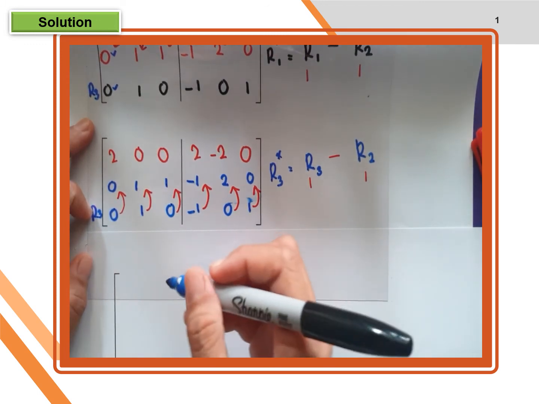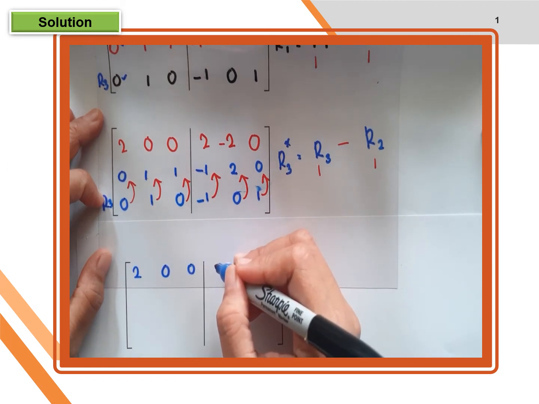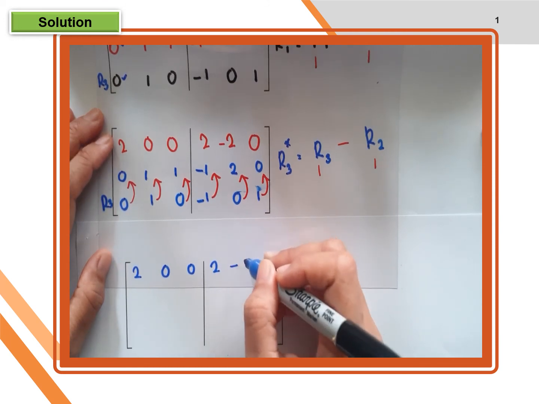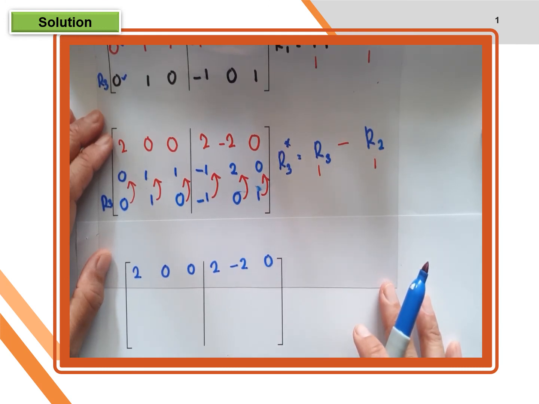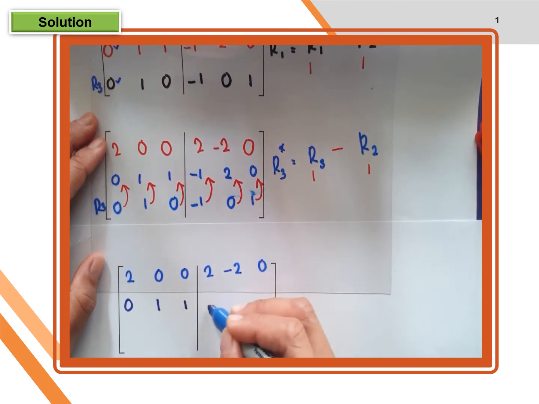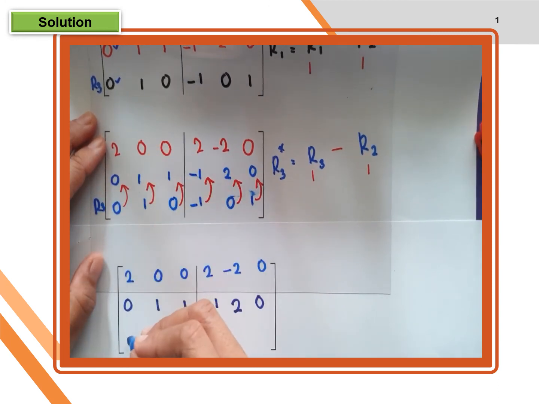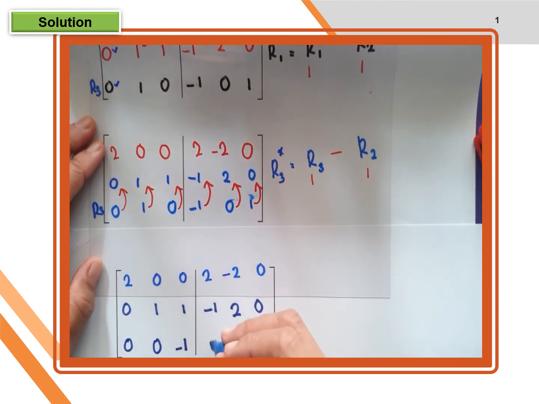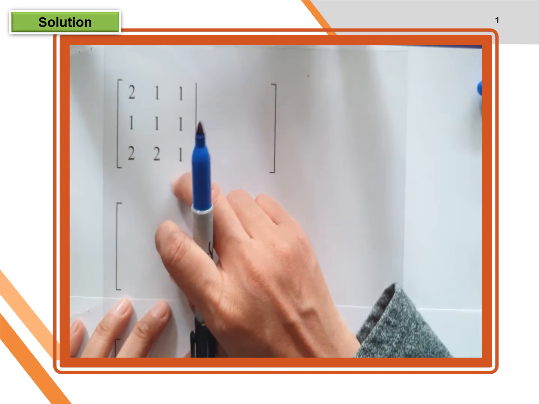And then write again the first and second rows: 2, 0, 0, 2, negative 2 and 0; then 0, 1, 1, negative 1, 2, 0. Row 3 minus row number 2: 0 minus 0, 0; 1 minus 1, 0; negative 1, 0, negative 2. Okay, now this is matrix P. Our method